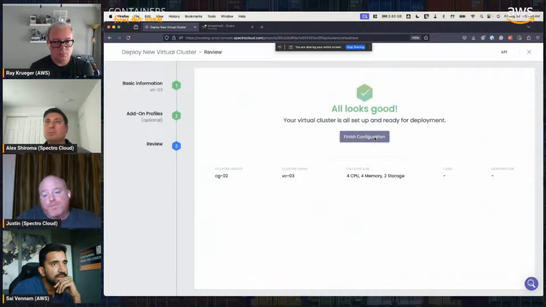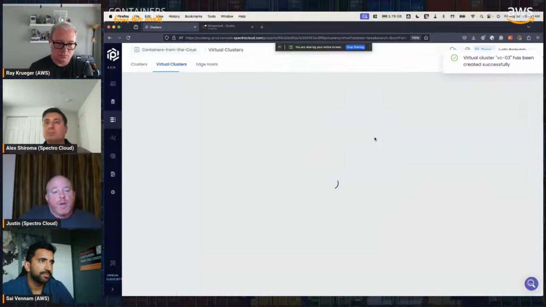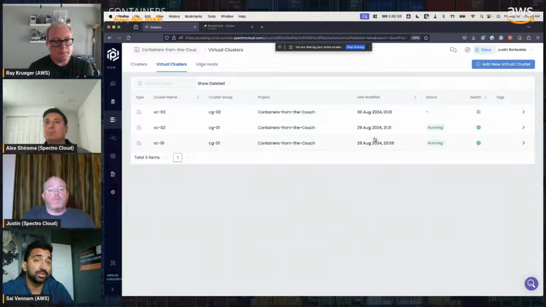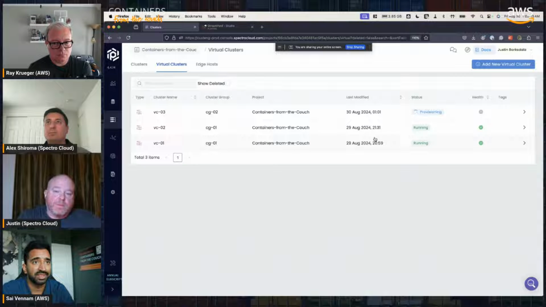I'll just click next, and it takes a few minutes for the first one to spin up because we have to download some pods and things like that. But once the pods are local, within 30 to 60 seconds, a new cluster can be spun up or spun down. This is really cool. I think it changes the way that developers are able to spin up test environments, not just developers, but automation frameworks, getting GitOps working really nicely. I can see it's already kicking off that provision.